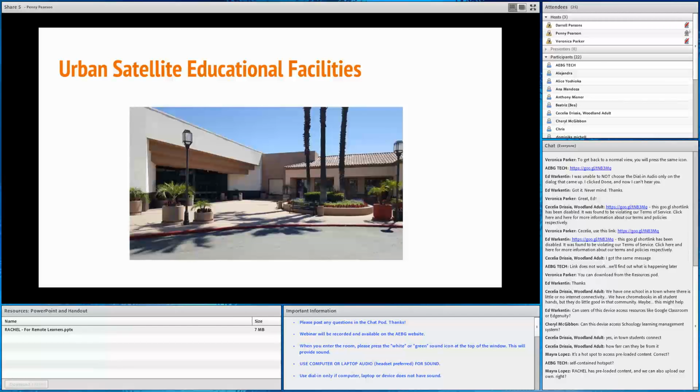So we've talked a little bit about some of the uses. I'll pause here just a minute and see if there's any questions, or if you can think of a possible situation, ask about it, and let's talk about maybe, is this a way that you could provide learning materials to learners in different situations?